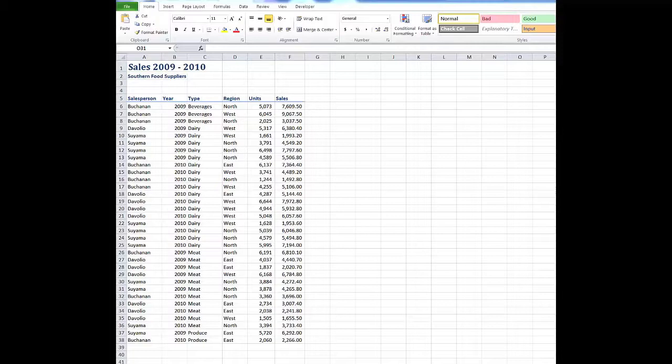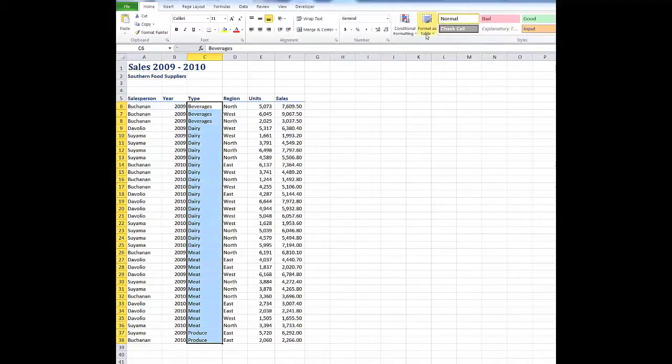I'd like to talk this time about conditional formatting. This command up here in the ribbon in the Styles group. Conditional formatting simply means highlight a cell or cells with a particular background subject to the rules or the criteria that I set. So what I'm going to do is to highlight cells in column C, which is the type